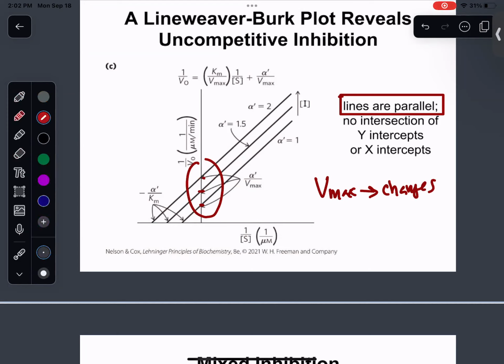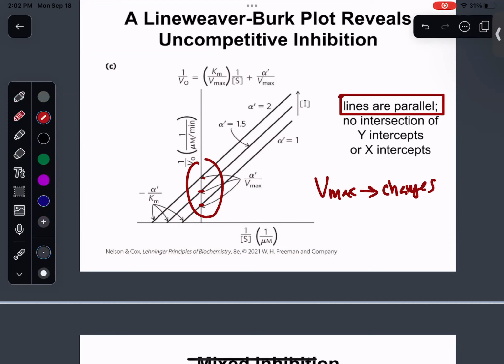Let me move one second. Again, don't really worry too terribly much about the equations. You do need to know the Lineweaver-Burk equation. You do need to know the Michaelis-Menten equation. But for now, while you're getting the conceptual aspects of things, if it helps you, you can look at that. But for now, look at these trends. Look at the y-intercepts. Look at the x-intercepts. That'll tell you what you really need to know.